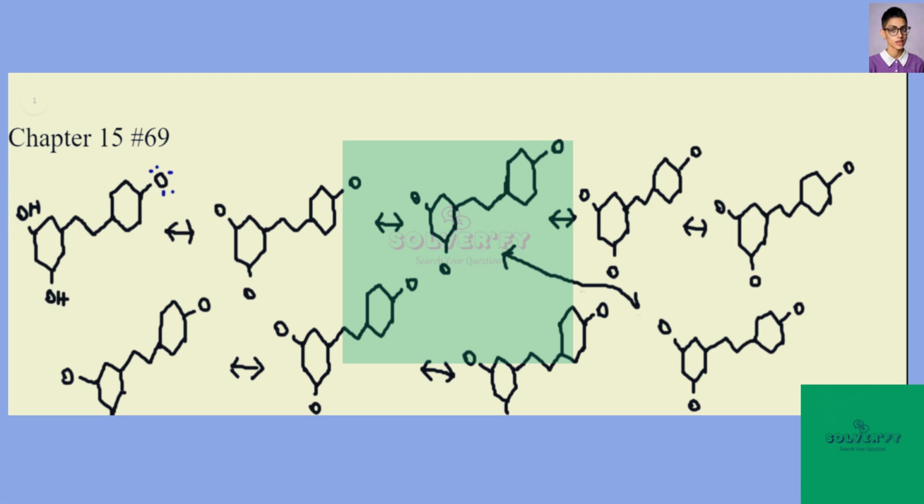Okay, the first one is going to be here. The OH bond has been cleaved homolytically, so there's going to be a radical, an unpaired electron, on that oxygen. The rest of the molecule is going to be exactly as it appears in the starting material. Okay, so our next resonance structure